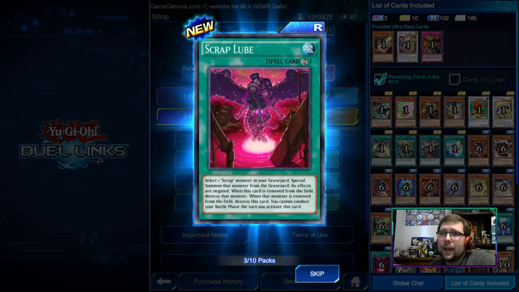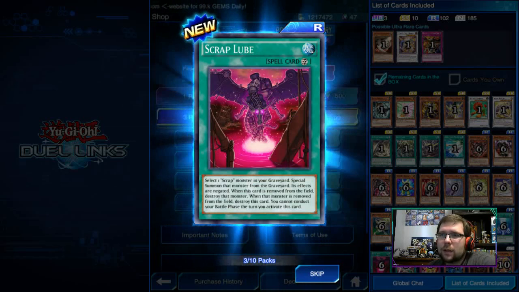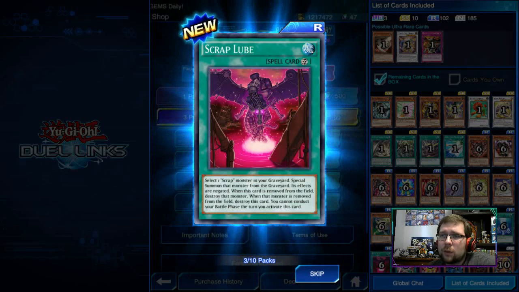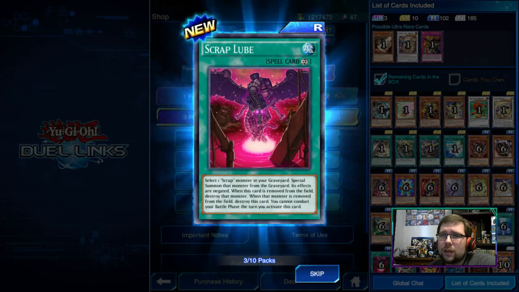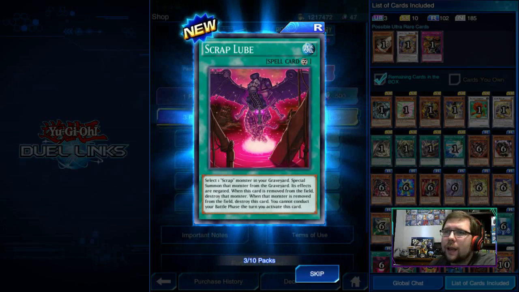Okay. And Scrap Lube. Select 1 Scrap monster in the graveyard, special summon that monster from the graveyard. Its effect is negated, and when this card is removed from the field, destroy that monster. When the monster is removed from the field, destroy this card. You cannot conduct a battle phase the turn you activate this card. Okay. Interesting. It does show...